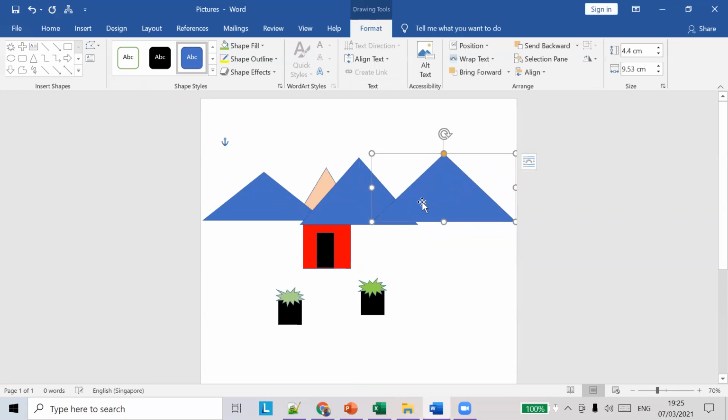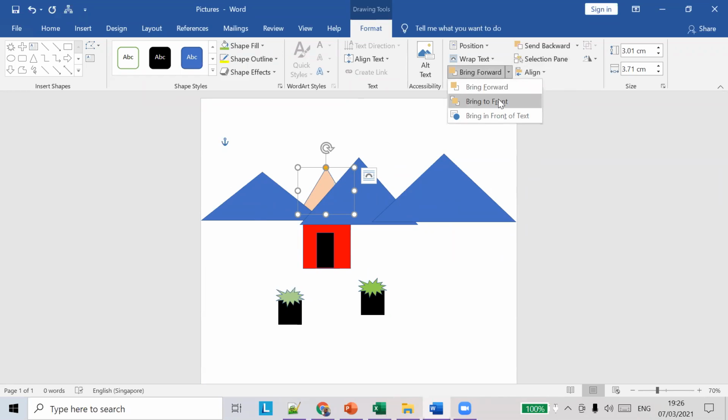right? So house should be in the front, okay? So what we can do is we can send this mountain back or we can bring the house front. Okay, so we'll bring the house to the front. So select the house, bring forward or bring to front. Okay, so click on bring to front.